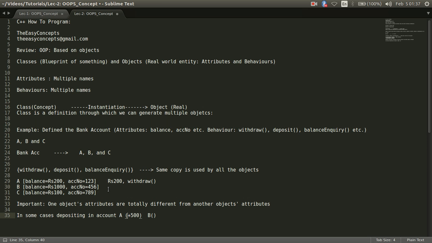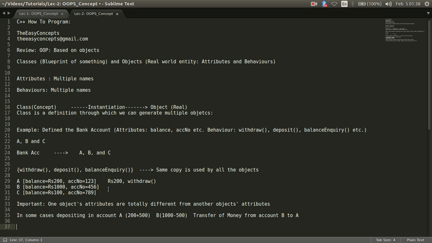So A has an actual balance of 200 rupees and I am adding 500 to that. It could happen that B has an actual balance of 1000 and I am deducting 500 from here. So it is the case of transfer of money from account B to A. So here you can say that these members or these attributes are being affected when I am performing some task, and this is very important.